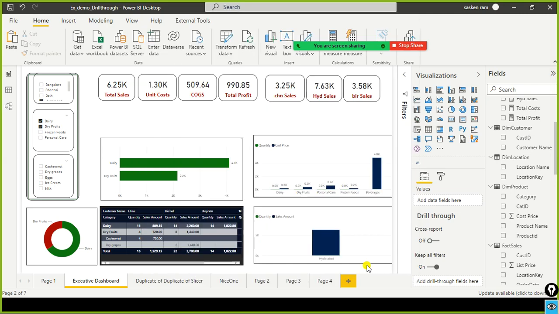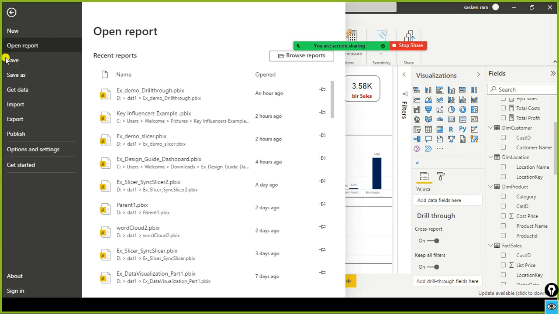So this is called cross report. There are two types of drill through. The first one is what I have shown, if you want to navigate to multiple pages within a report, that is the standard drill through. And we have another type of drill through called cross report. The first step is you need to go to File and Options settings and enable cross report. Yes, we did it. The second step is you need to enable this on. Okay, and then you save it.